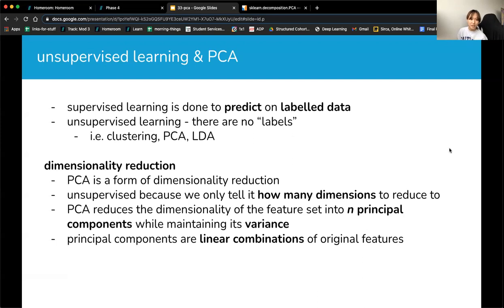PCA is a form of dimensionality reduction, as I think I've mentioned here and there. PCA is used to reduce the number of columns in your data frame. There are other forms of dimensionality reduction. One of them, which I will mention during a study group or an office hours while we're working on projects. I think I mentioned it this past time as well, but doesn't matter. But PCA is a form of dimensionality reduction that is unsupervised because we only tell it how many dimensions to